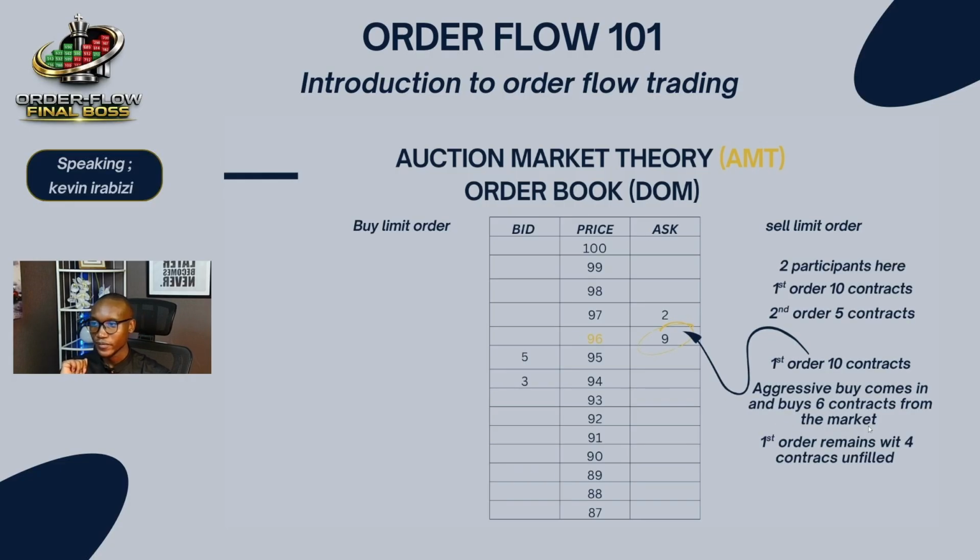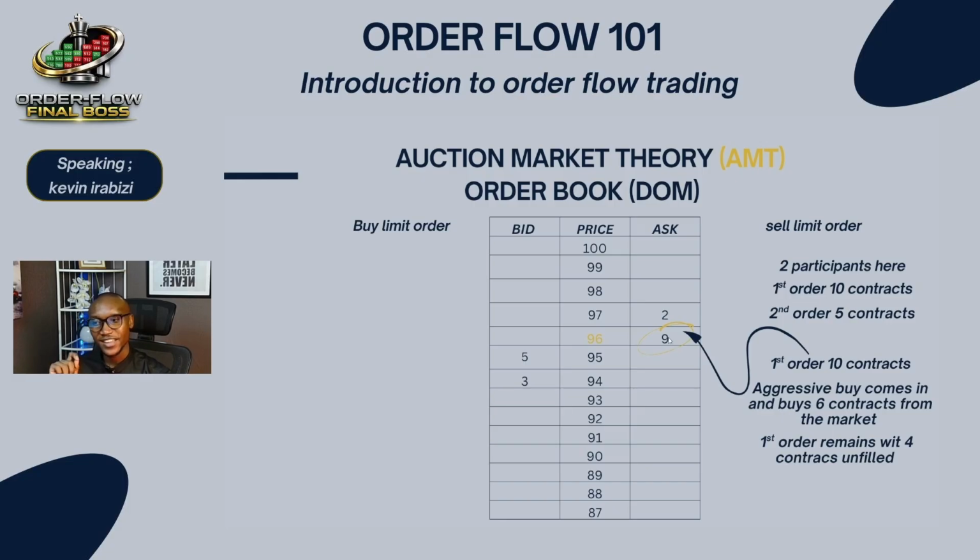I'm cooking something. So at this particular level, 96, an aggressive order comes in. We have our first aggressive order to come to the market. So this first aggressive order wants to buy 6 contracts. What happens in this scenario? He buys 6 contracts, but in this level, we had 15 contracts. Remember, the first order that we had at that particular level was 10 contracts. Second order was 5 contracts, and the total was 15. So 15 contracts minus the 6 contracts that the aggressive buyer is buying from these sellers,